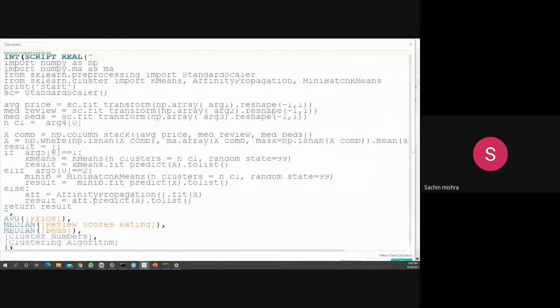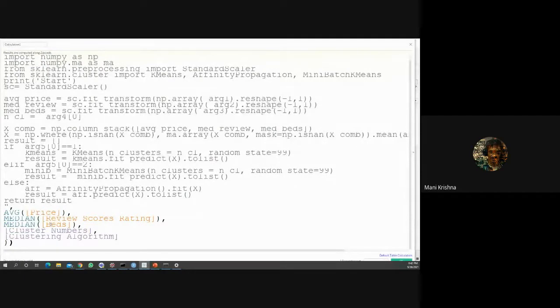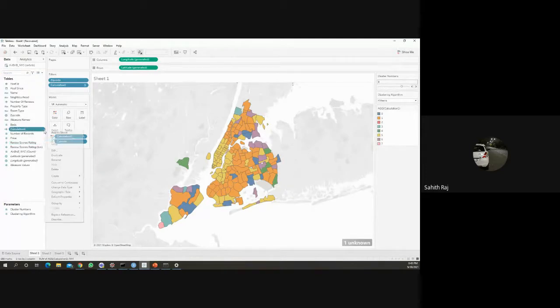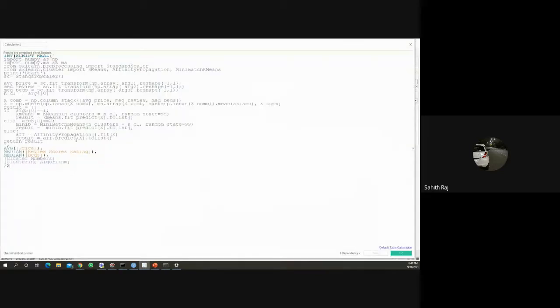Zoom out, Control B. So we can write our own usual Python code, any algorithm here, and around it we can just put SCRIPT_REAL, putting the whole code inside the SCRIPT_REAL function, right? Exactly. And on which pane is it written? This is a custom calculation. Basically, here we are having create a calculated field, and using this we are going to enter the code.